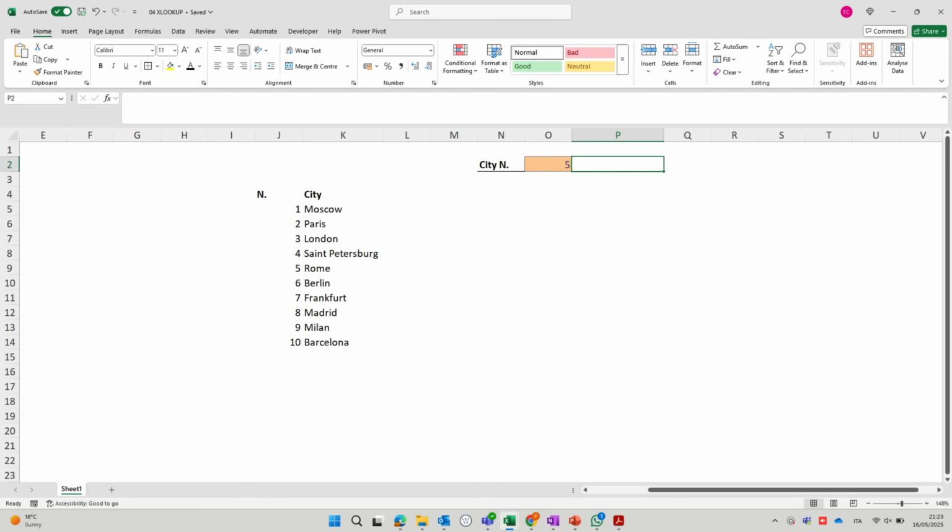How would you retrieve a city's name from column K based on its corresponding number in column J? You should use XLOOKUP. If I want the city corresponding to the number in cell O2 to appear in cell P2, I'm going to select cell P2 and type